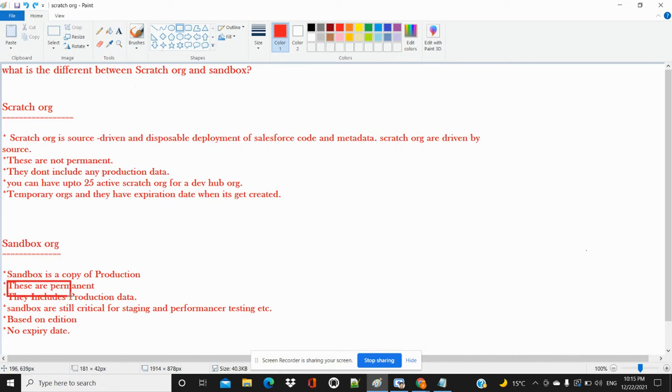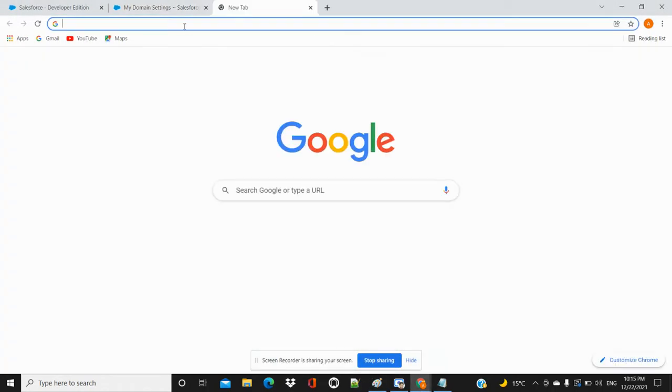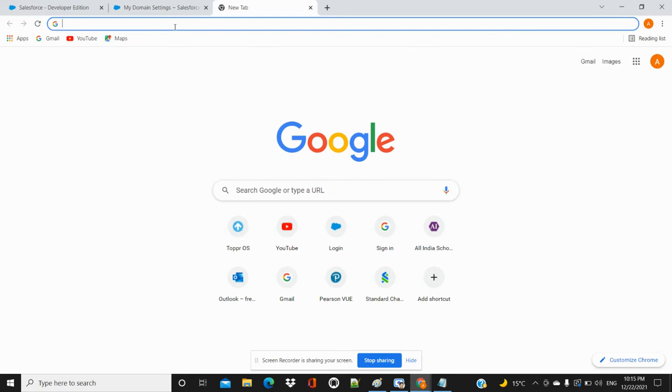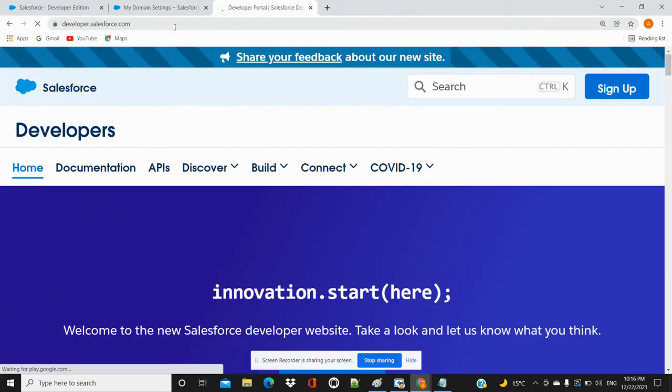When you are creating your developer org using developer.salesforce.com, here we are giving you some idea of how you can create it. Here is the URL, developer.salesforce.com.